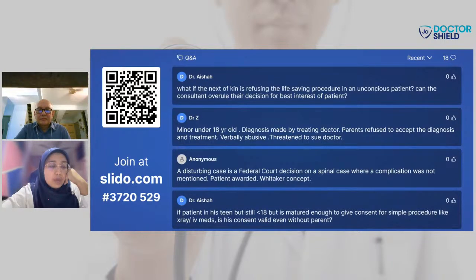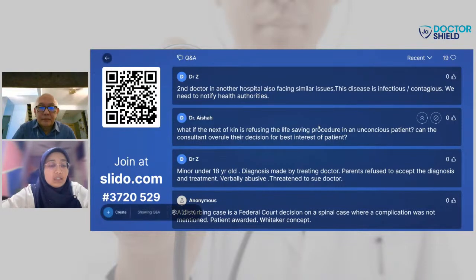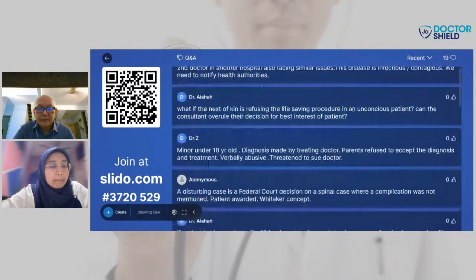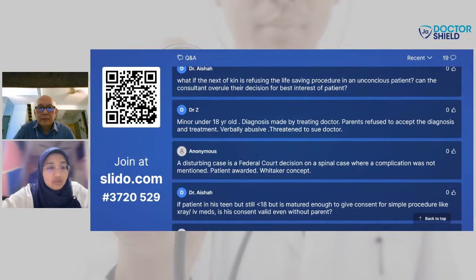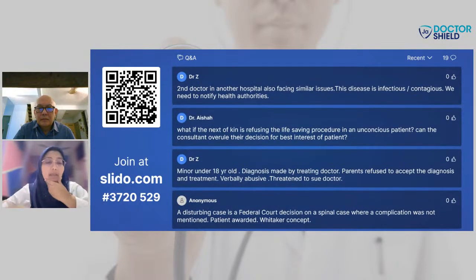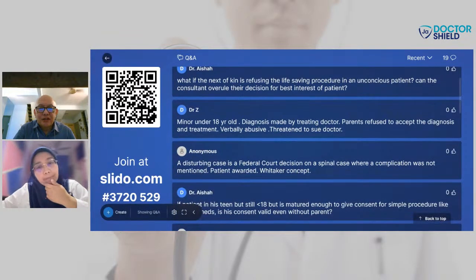So it is more of an ethical issue, and at the end of the day, some sort of investigation needs to be done to know the reasoning behind that particular decision, whether it is going to cause further side effects, where even if the patient were to recover, subsequently the condition is going to deteriorate and cannot recover fully. There must be a reason to it. So we need to establish the reason, and again, it must be clearly noted in the medical record for future reference.